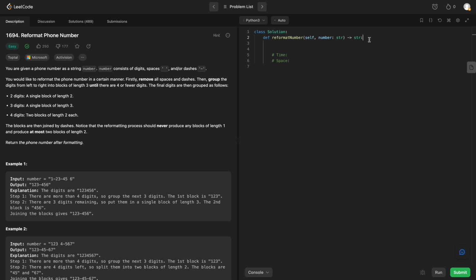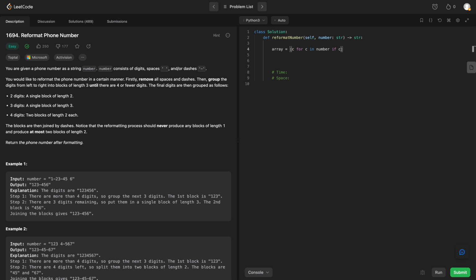just a forewarning, I'm going to write a longer version of this, but it's more intuitive than some of the other solutions that are in the solutions tab over here. So what I'm going to do is, first I'm going to create an array. We'll just call it array, and what is going to be inside of this array? Well, the first thing we need to do is just grab all of the numbers, right? We don't want the dashes or the spaces in here, so we can do a list comprehension and say we're going to grab every character for character in our number string